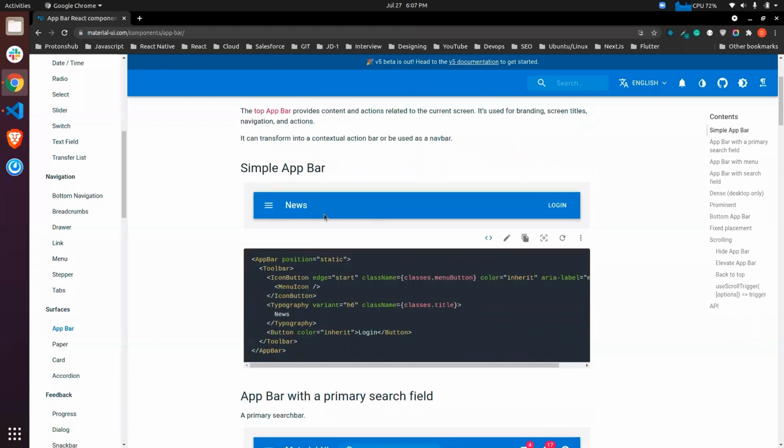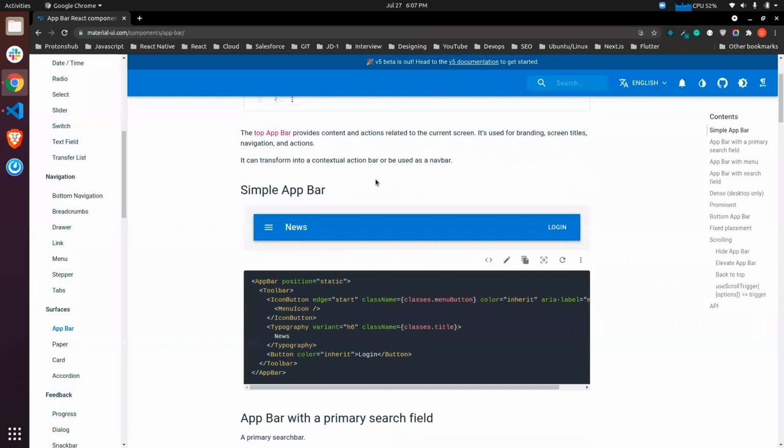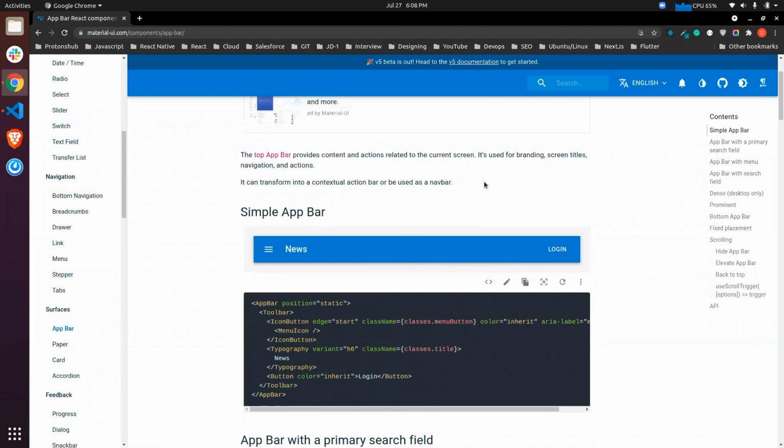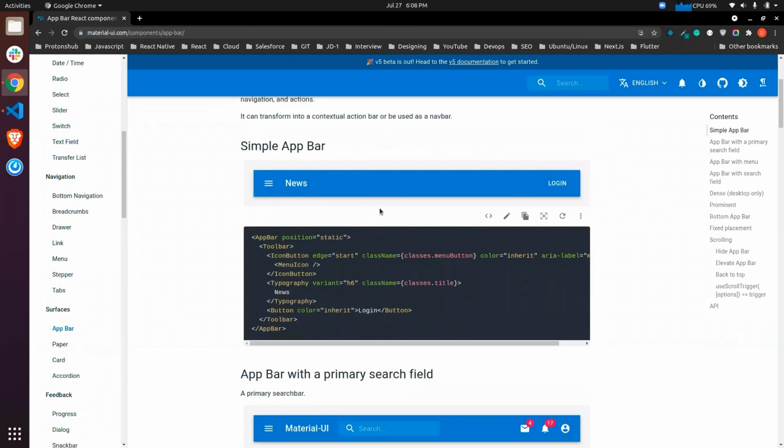This is a simple app bar, and it has very good documentation. I must say that if you go through all of this documentation, you don't have to worry about anything else. You just need to copy and paste the code from here, and you are good to go. You just have to write the functionality, and the designing part will be handled by Material UI.